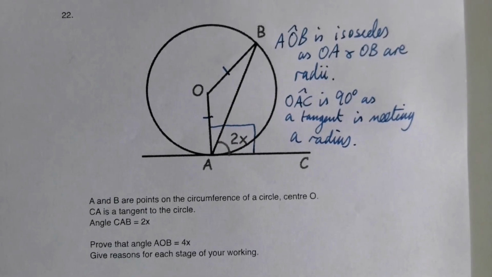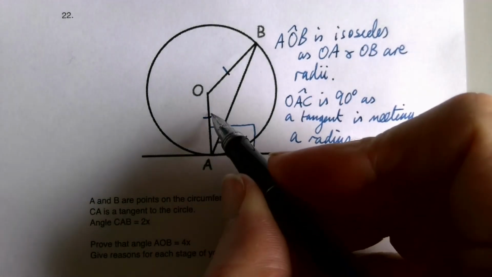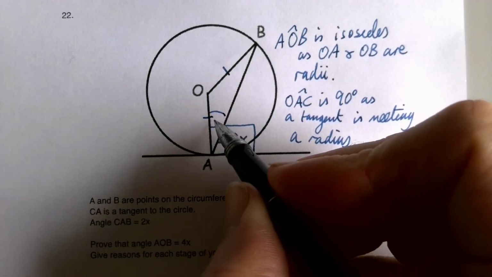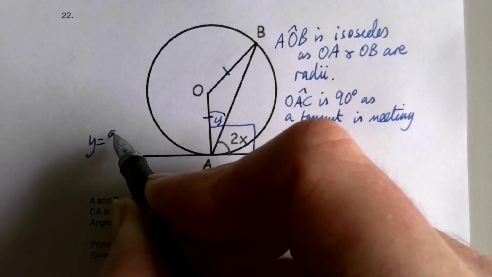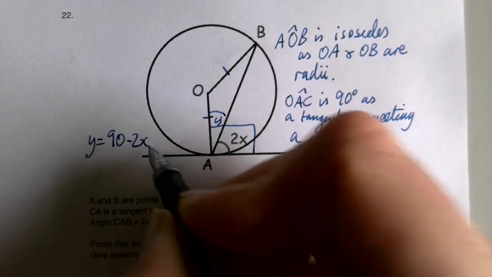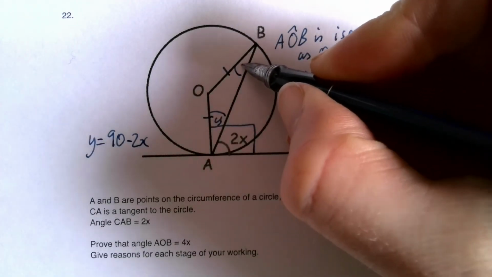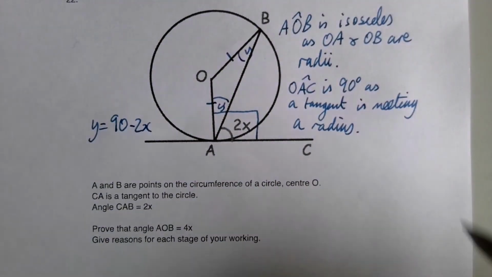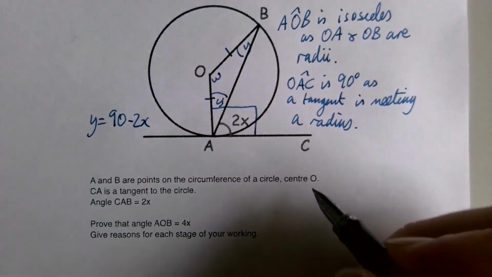Sorry about the noise. So this bit here, if I call that y, I can say y is going to be 90 take 2x. This here will also be y. So if I call this bit over here w,